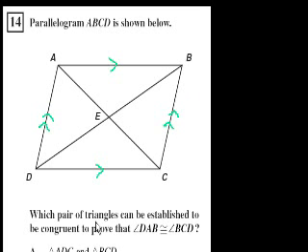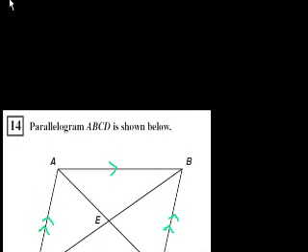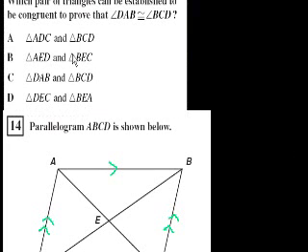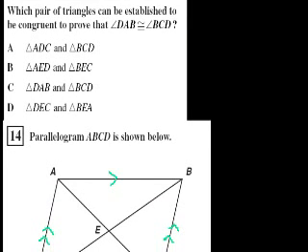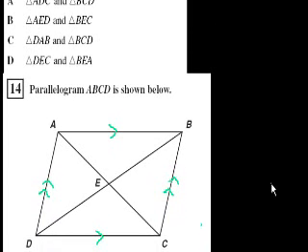Okay, and all the choices got clipped at the bottom, but I'll copy them over. Maybe I'll copy them above the question. Well, let me see what I can do. If I pasted it there, I think that's good enough. A little unconventional. Okay, parallelogram is shown below, and they say which pair of triangles can be established to be congruent to prove that angle DAB is congruent to angle BCD. So they want us to show that DAB